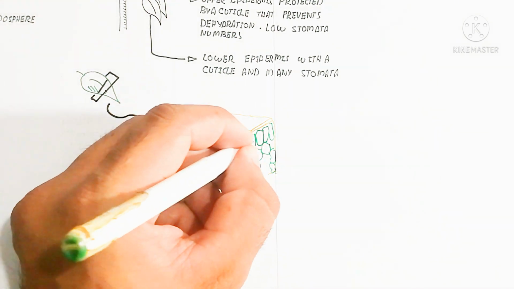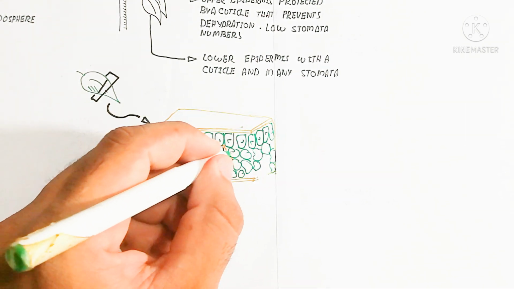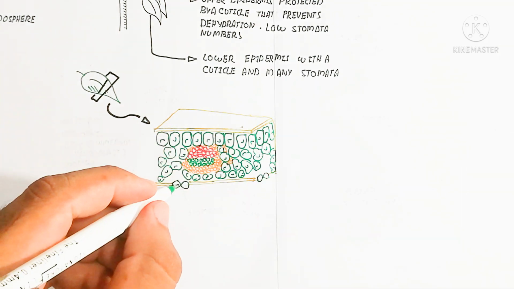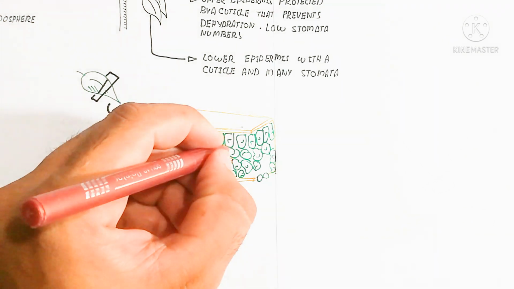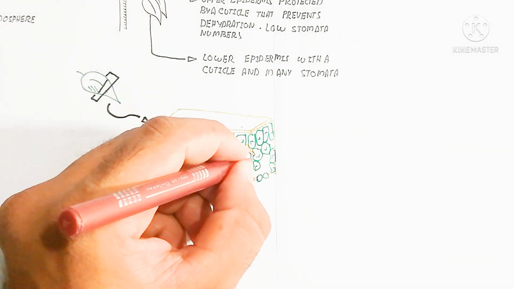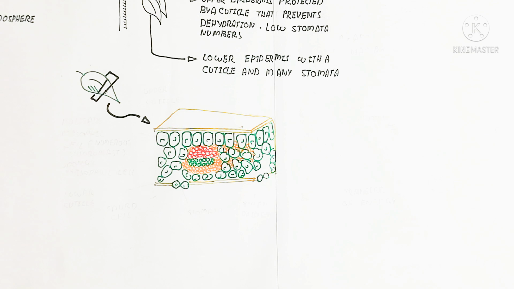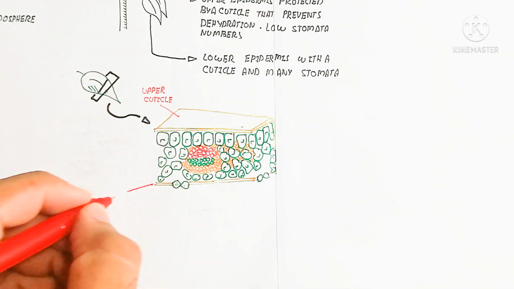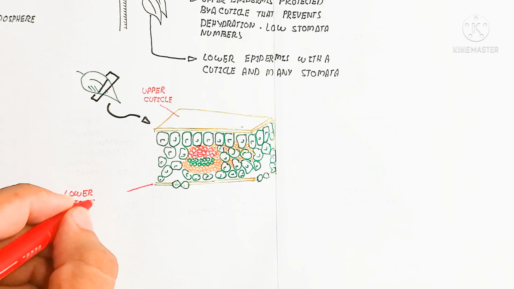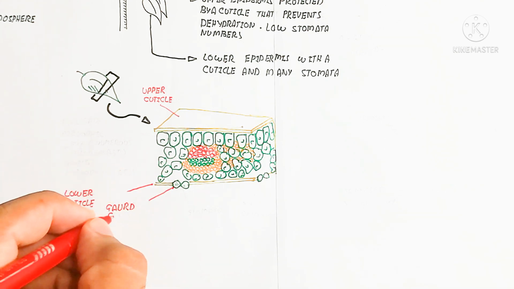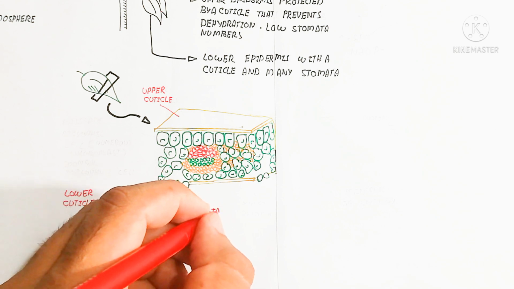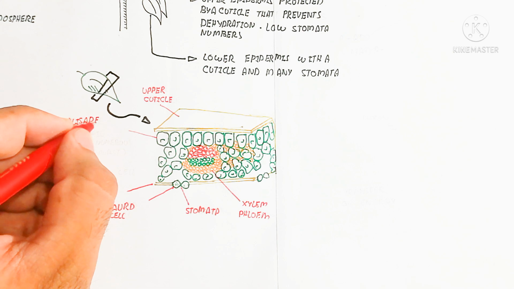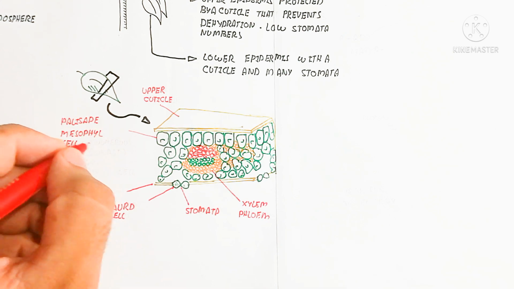So here is the cross section of the leaf. You can understand it with the palisade mesophyll cells and spongy mesophyll cells. The palisade mesophyll cell is very important, and inside is the bundle sheath, which wraps around the xylem and phloem. The stomata are on the underside of the leaf. Why? Because less evaporation will occur there. The upper side also has some, but fewer compared to the lower epidermis. So here is the stomata.